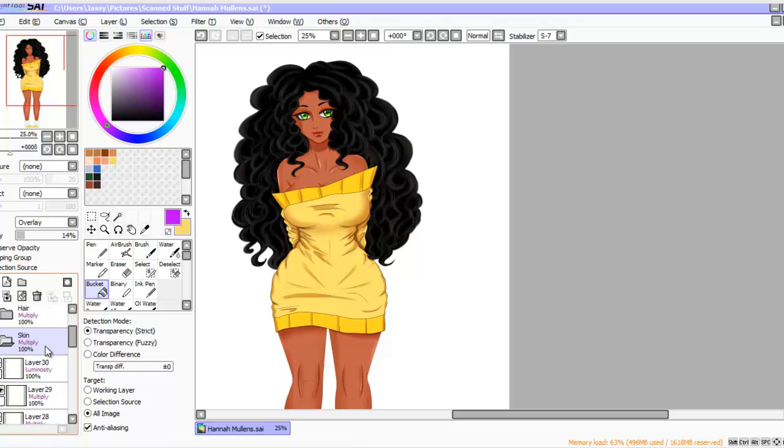Okay, now we're done with the skin. The hair is black enough. Now, the clothes. Say you don't like a certain color and you don't want to erase the base color and do it all over again. What's also good